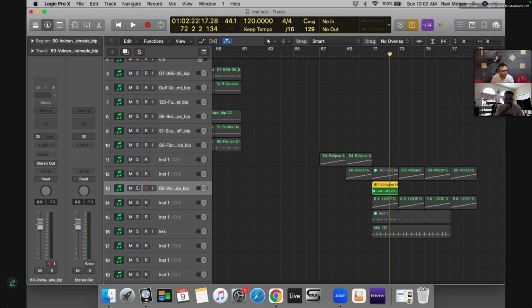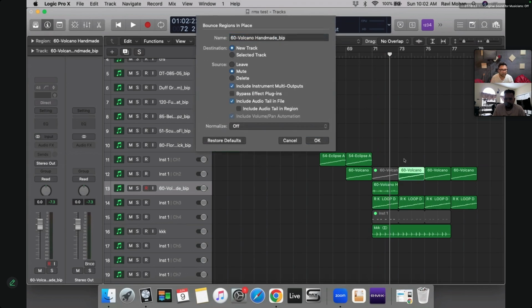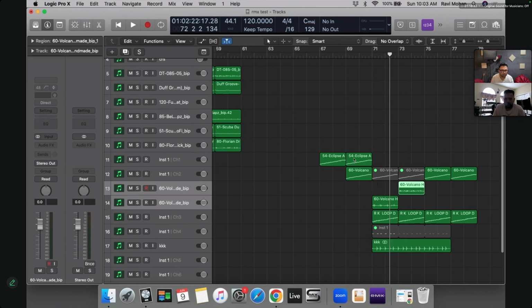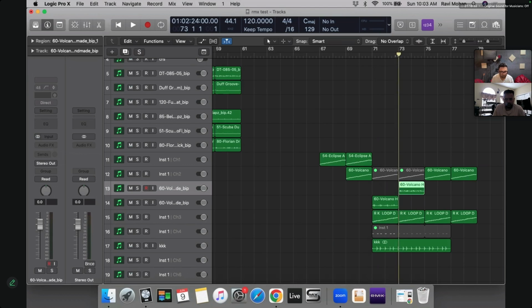Now, let me unsolo this. Come back here. Let me bounce it once again, this part. And now let's say I want to bypass the effect. I don't want to do this. So it will bounce it, and oh, it did not actually.